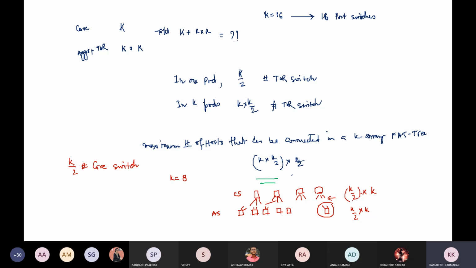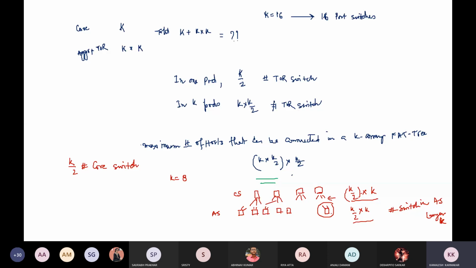Otherwise these two values will not be equal. So the total number of switches in the aggregation switch layer will be k.